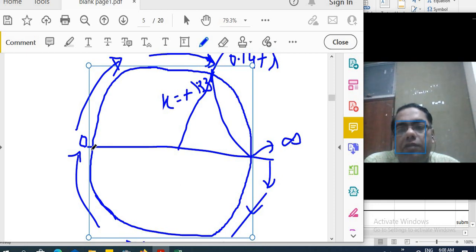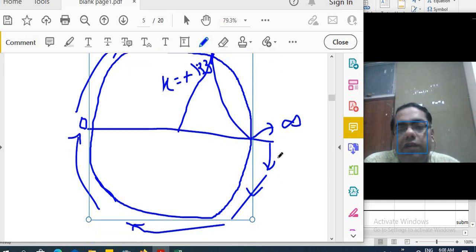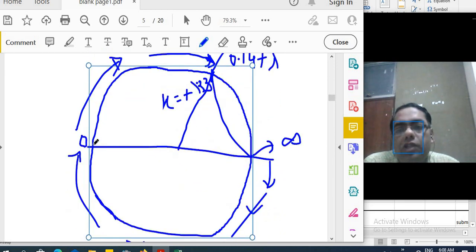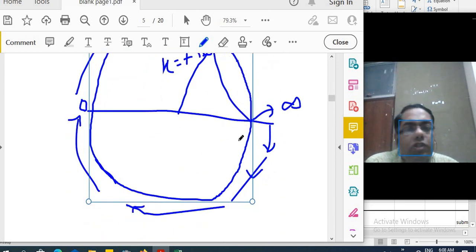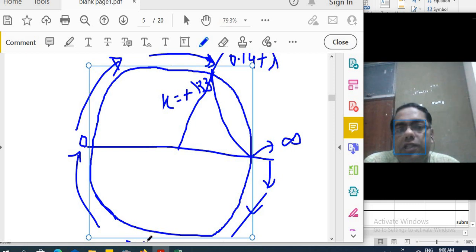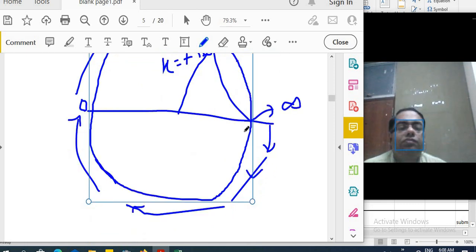So what is the distance from here to here? One full rotation is 0.5 lambda, so the rotation from here to here is half of 0.5,